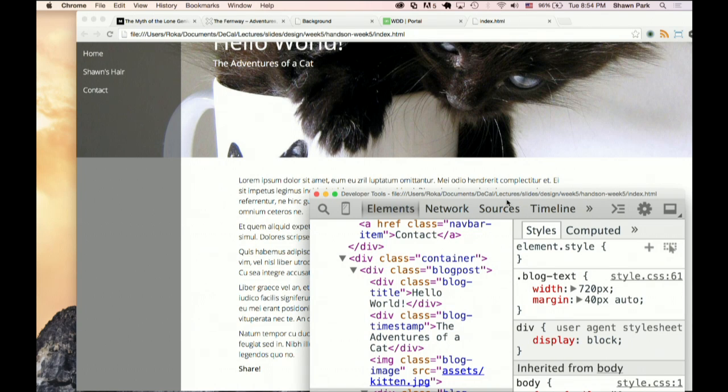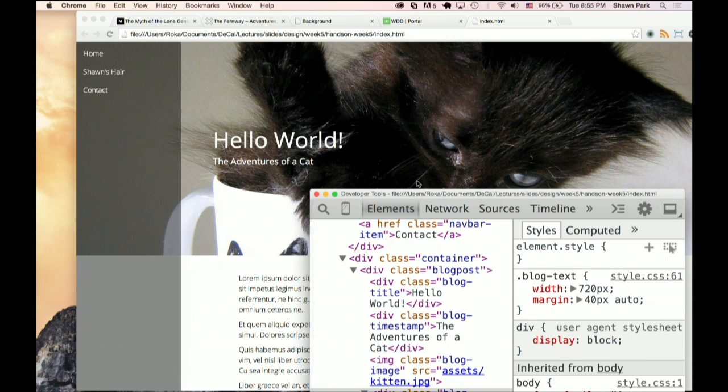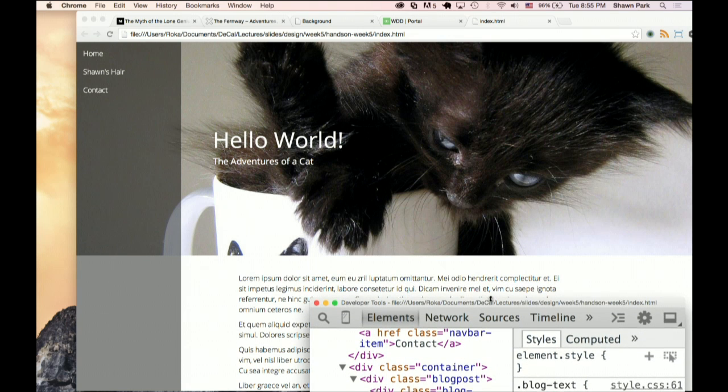So I'm just going to show you guys a cool trick. Right now, you notice that the sidebar is actually over the whole page, and maybe you want the sidebar to be beside the page. How do you guys think we can achieve that? Just by applying one simple line of code to some element on the page. Any ideas?